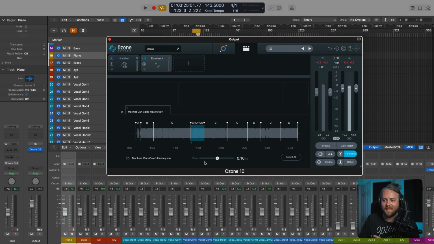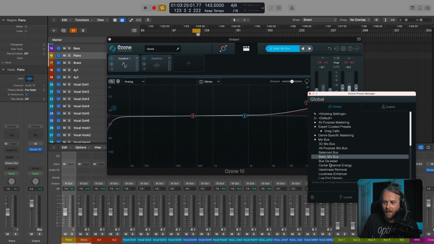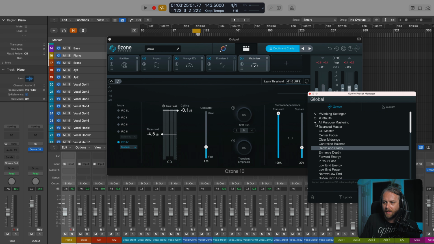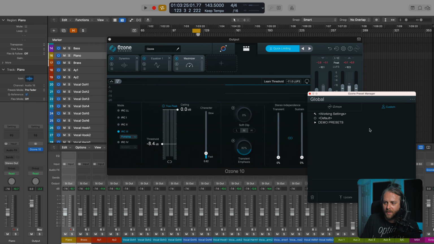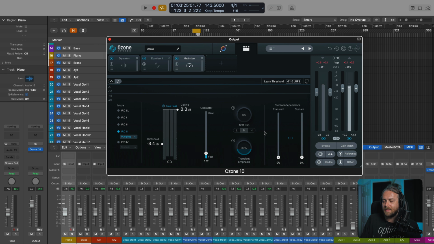I say just about because we also have some global presets over here that I think I showed very briefly, but you'll see that we have them divided depending on the activity. So if you're working on your mix bus, we have all-purpose mastering. We have the great Calby presets, an amazing mastering engineer. And we also have some custom ones that you can do if you want to bring them in. I had some demos that I was doing, so I have demo presets. So that is another thing that you have there too. And I believe that will do it.